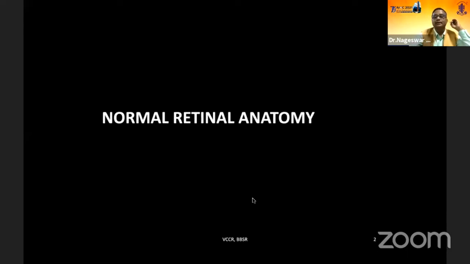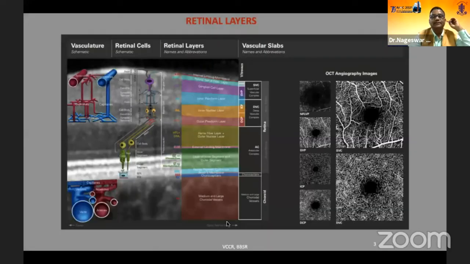So coming to the retinal changes, before discussing what changes we will see in the retina, let me just give a glimpse of the retinal anatomy, the normal anatomy. This is the cartoon, the pictorial depiction. It's a nice picture. Given the background, we are seeing the OCT picture, the layers of the OCT, and nicely designed, the cellular connections of the retina as well as the layers which are written here.